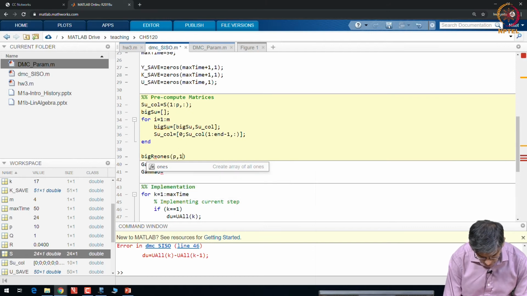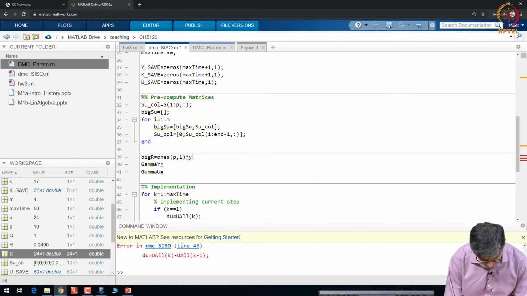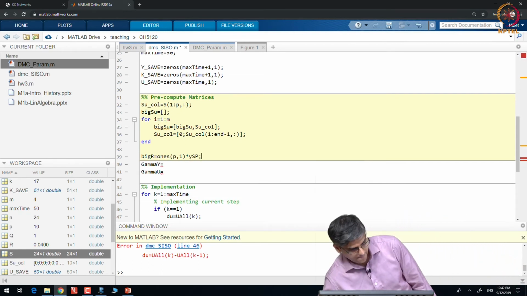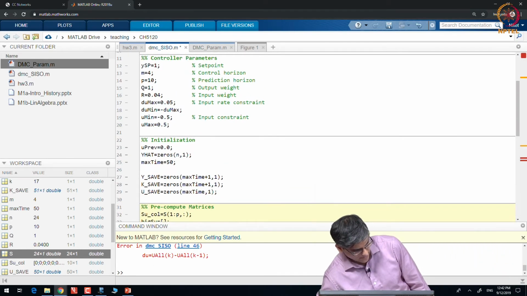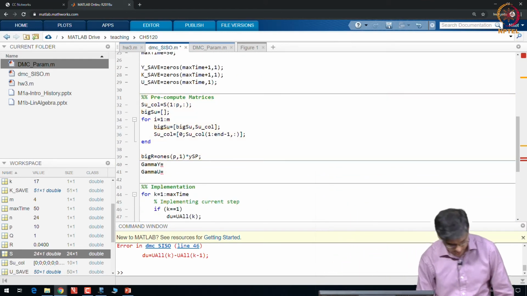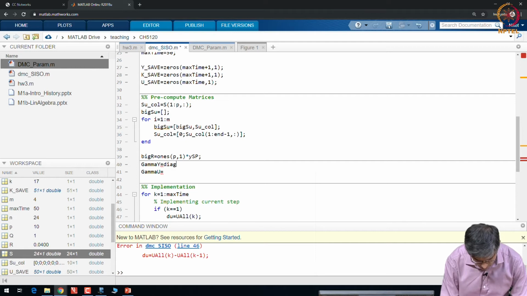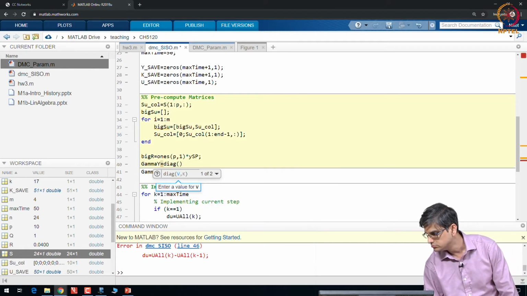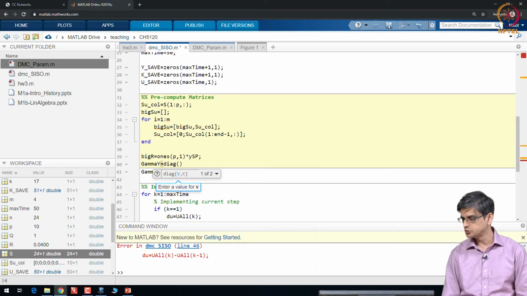Once p comma 1 multiplied by YSP. Gamma y is nothing but... how should I do this?